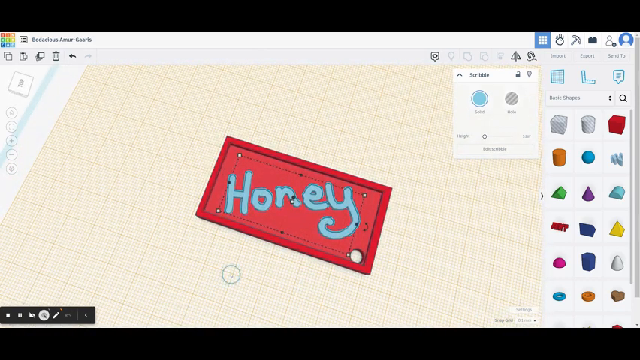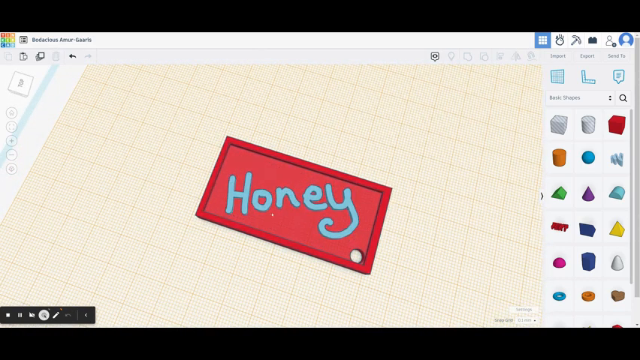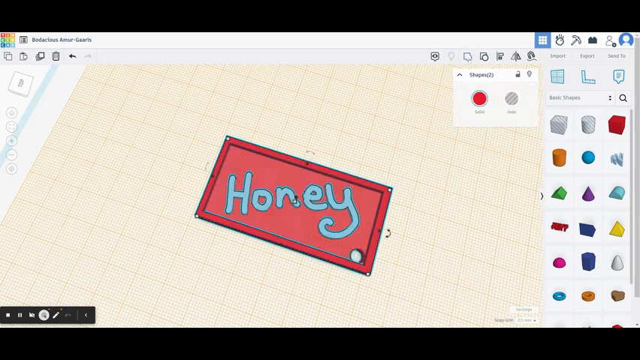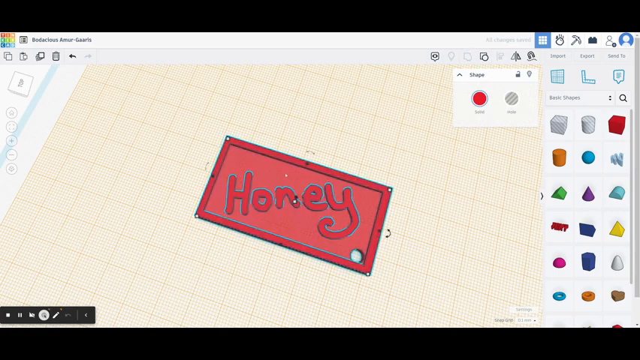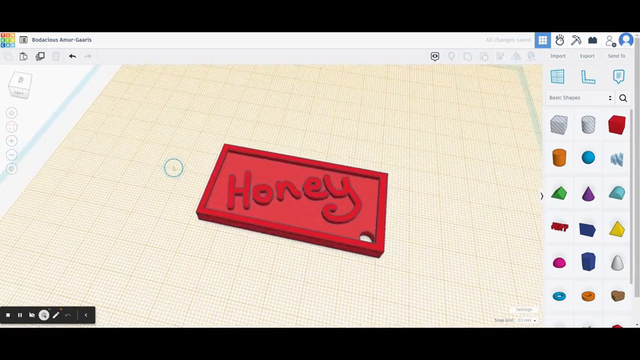Okay, so I'm happy with that. Now it's not going to come out blue and red, because when I 3D print that, it'll all come out as one color. So I think I can group that. Let's try that. There you go. Right, so that's more like what it's going to look